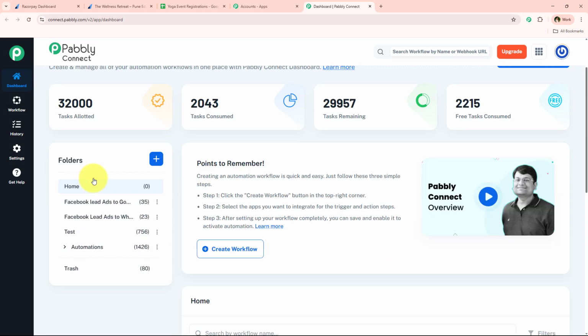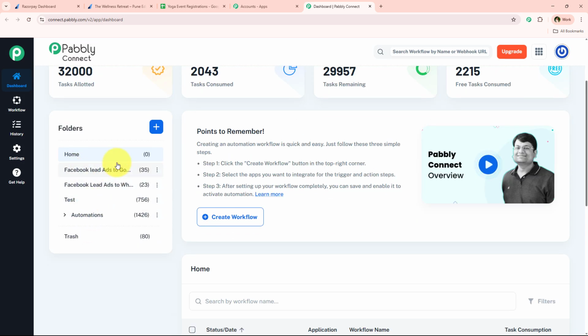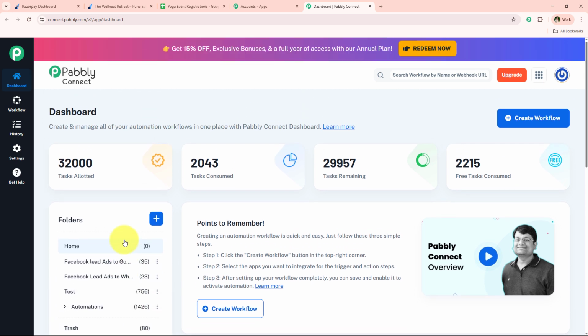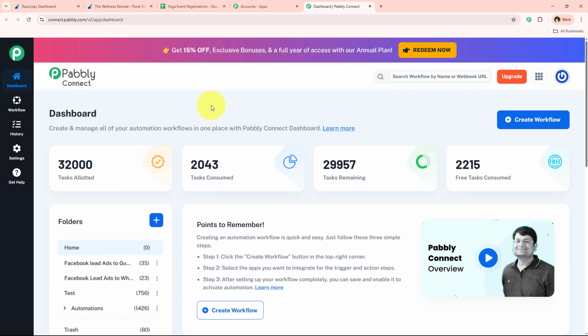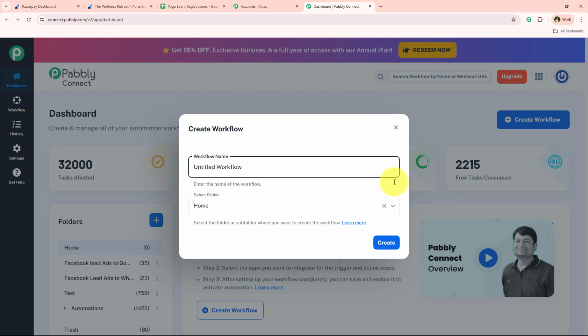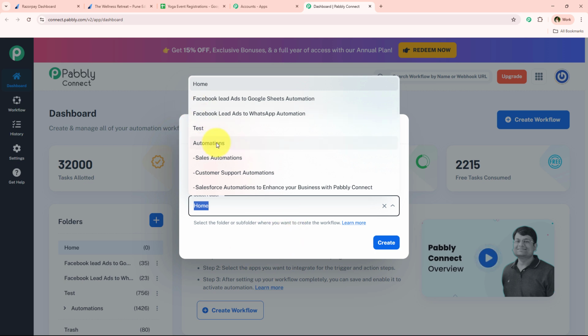So over here on my dashboard you can see multiple folders which I have already created, in which I save my workflows. So if you also want to create a new folder, you can go towards this create new folder button right over here and create your own. I've already created mine, so I'm just going to save my workflow in one of these only, which is automations,